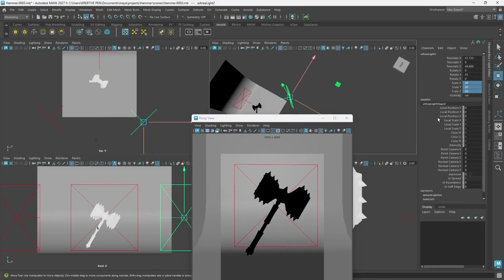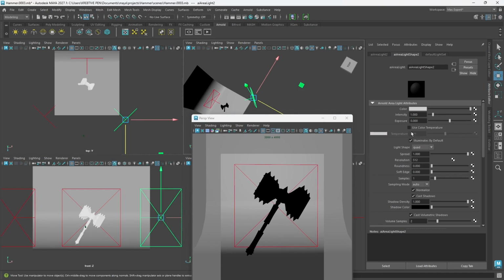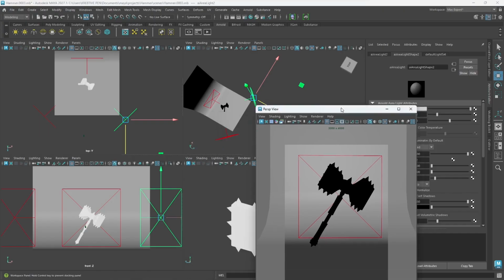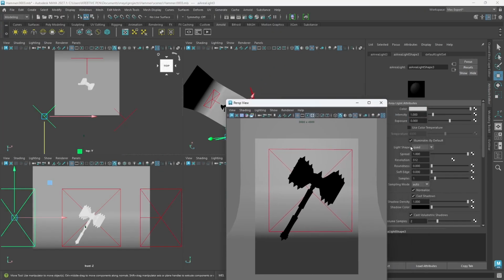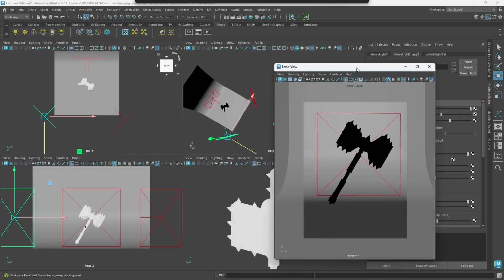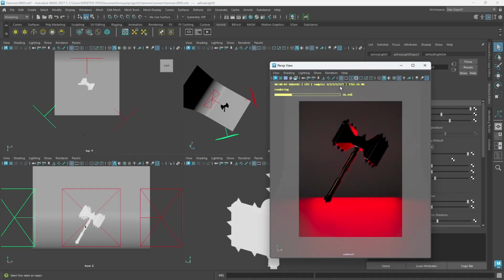Now we can select this light, go into the Attribute Editor from here. Let's uncheck Normalize and take the intensity all the way up to 2. And we're going to select this one, also uncheck Normalize, and take the intensity all the way up to 3. Hit enter, and now from here, go into the Arnold render view and let's see what we